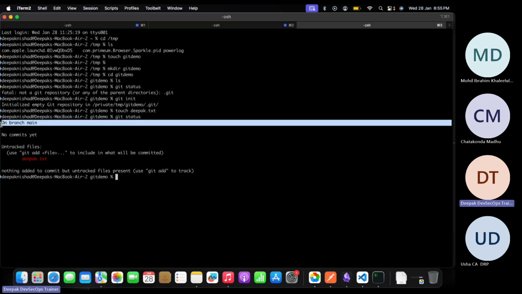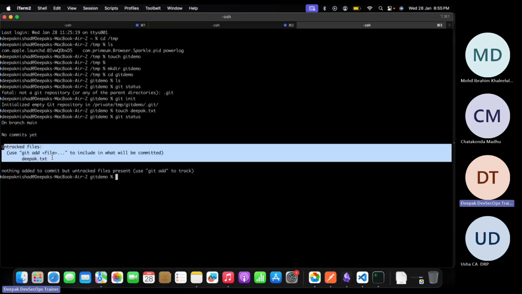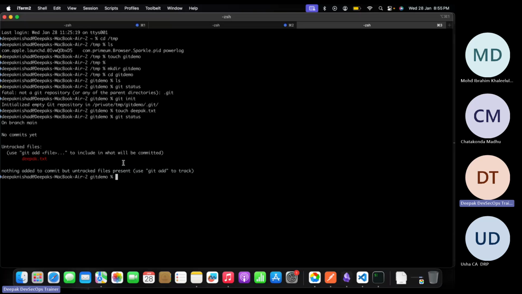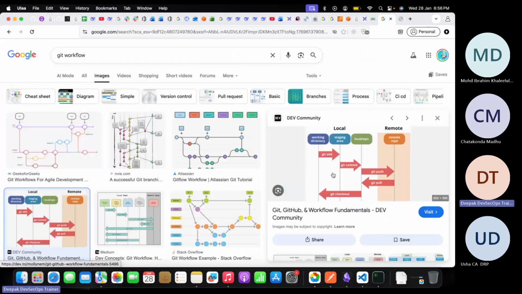On branch main, no commits yet, untracked file. Nothing added to commit but untracked file present. So here you can see in this red, Git is saying that there is a file which got created here. When you initialize Git, you are creating a working directory and you have initialized that thing so that if there is any change in this directory,